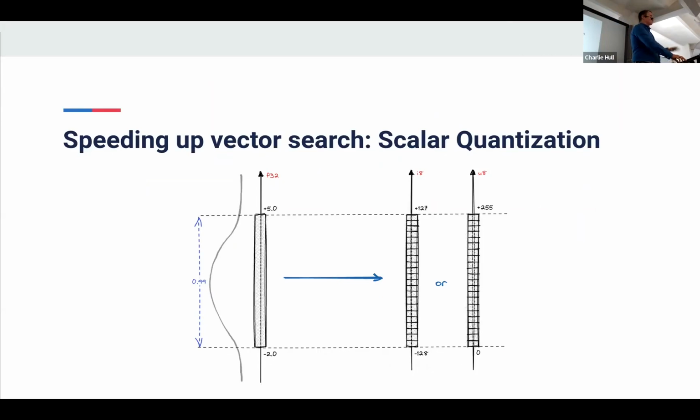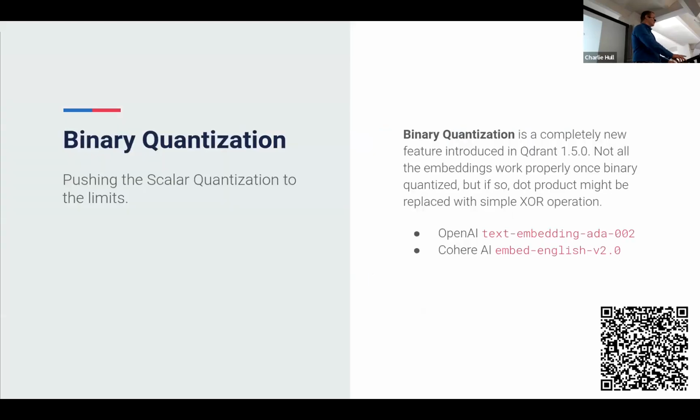But if we just want to push it to the limits, there is also a relatively new mechanism. We have just introduced that into our offering, into Qdrant APIs. You can use binary quantization. So instead of converting your floats into integers, you are converting them into booleans. So that simplifies it a lot. You can gain even 40 times faster retrieval, but that works not for all the embeddings which are available out there. You need to choose a proper embedding provider and